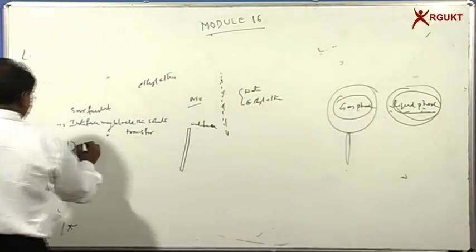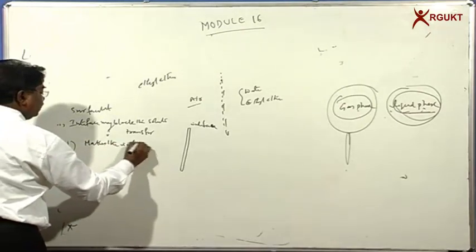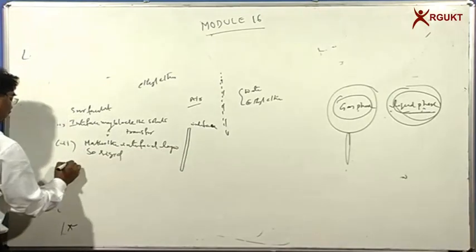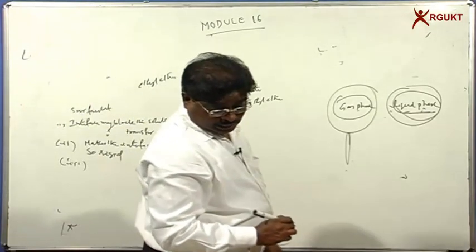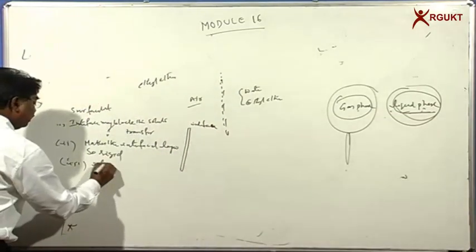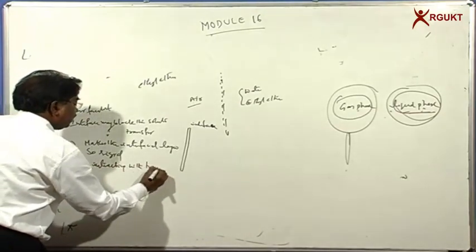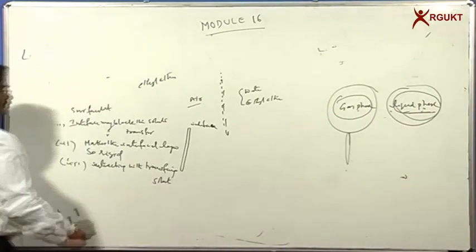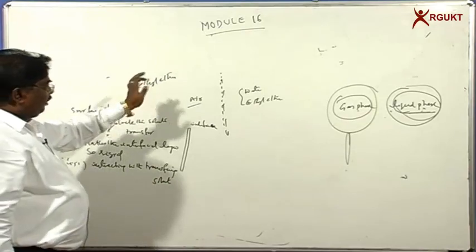The second thing is that it makes the interfacial layer so rigid. Then a third thing that is going to occur is that it interacts with the transferring solute. So what I want to tell you is, in the case of ethyl ether, when it is transferring from the